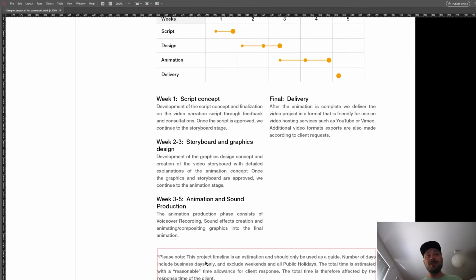Also, quick note here, the project timeline is an estimation and should be used as a guide. For example, if there are holidays or weekends, if you don't want to work on the weekends, you have to include that in the project proposal, so the client will clearly understand that they cannot bother you during the weekend with something like